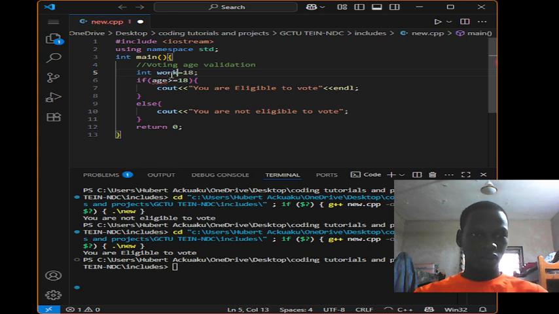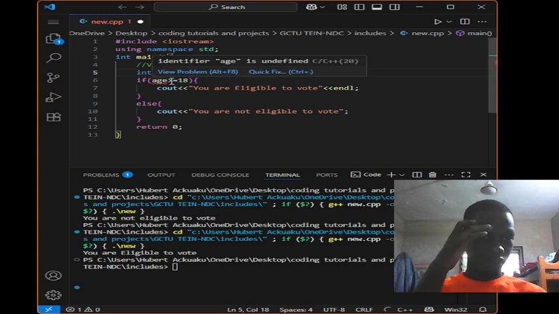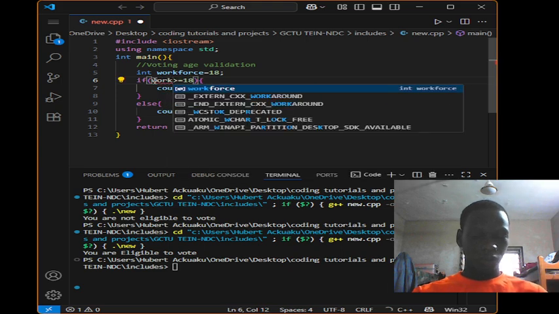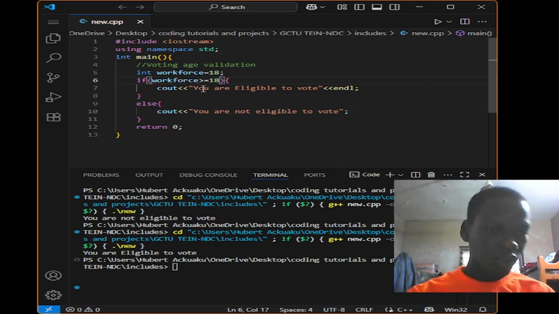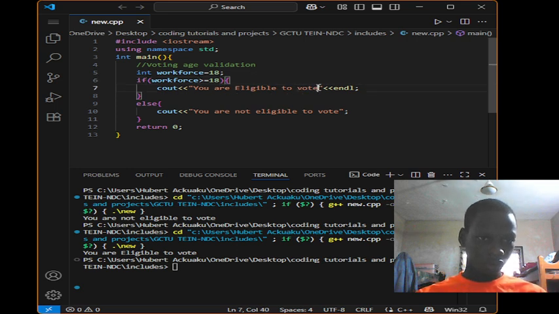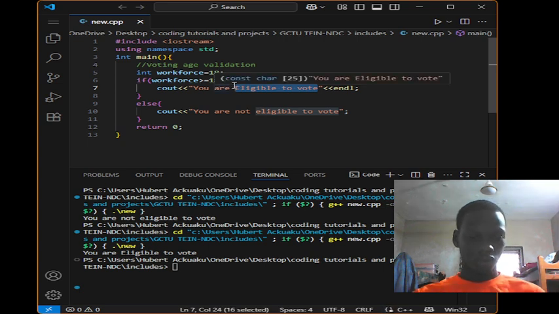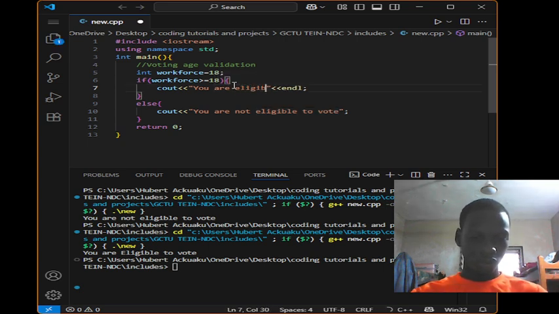So a workforce. Okay, so if the person's age is greater than or equal to 18, you should tell the person that the person is eligible to work. That means it's constitutional for you to work. You can work,